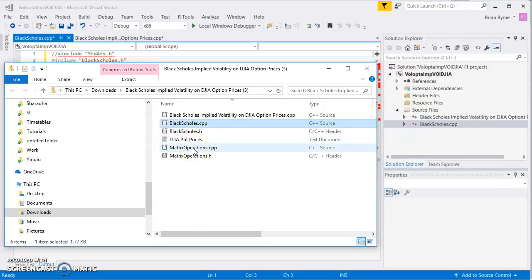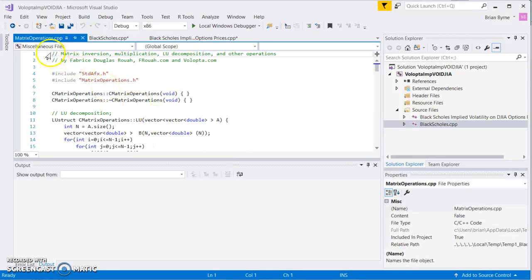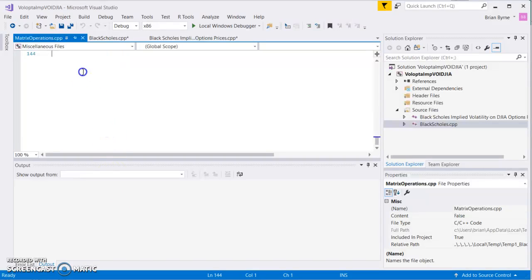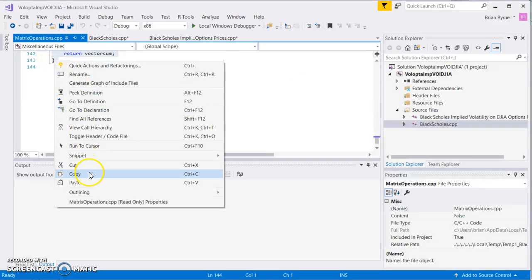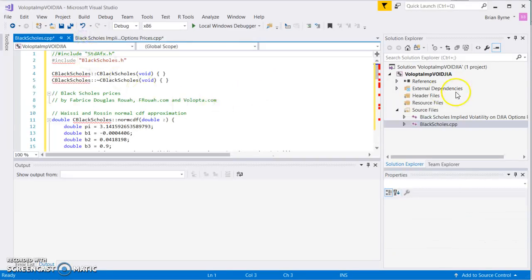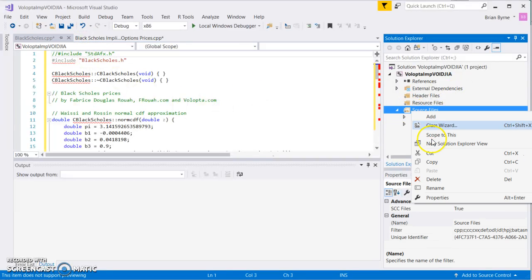another CPP file, so the matrix operations. So let's just double click. We'll open up, we'll copy. Now the matrix files are necessary to run the OLS, and they're interesting in their own right, but I'm not going to use them today. So let's just close this one down and go add